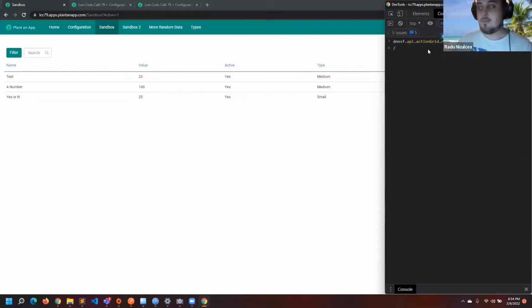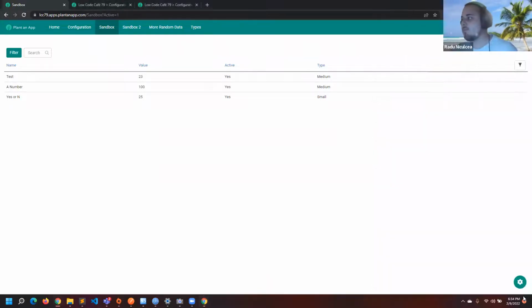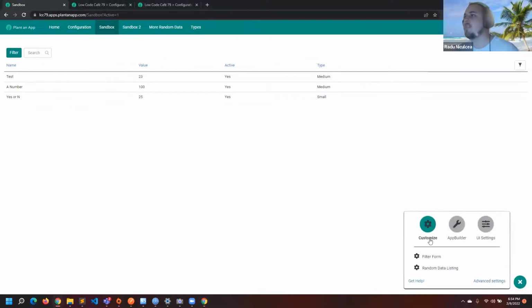Action grid dot refresh, right? And I can specify the ID of refresh, which is 398, I assume. Yes. And I'm basically refreshing the listing component. The idea is that what I'm showing here is a smarter filtering, but you can use